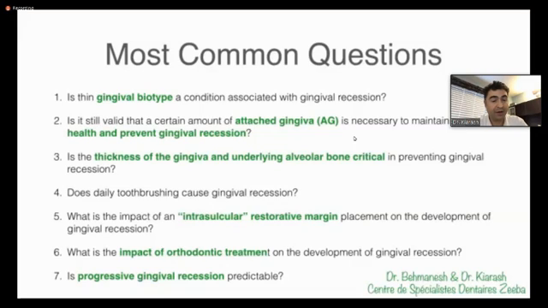We're going to talk about this famous question regarding restorative margins when a full contour crown, let's say, is performed. What happens if the gingival margin is intrasulcular or subgingival? How does it intercorrelate regarding orthodontic movement and teeth that have inadequate attached gingiva or thin gingiva or a mucogingival defect? And what is a mucogingival defect is another thing we're going to be looking at, and how it correlates with